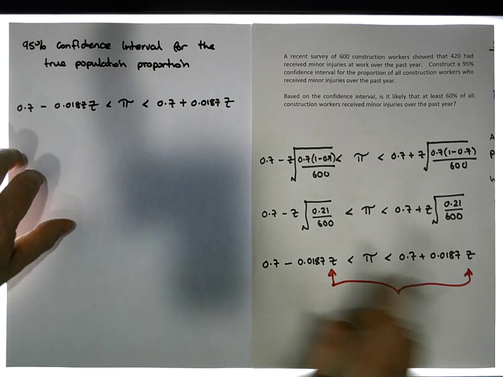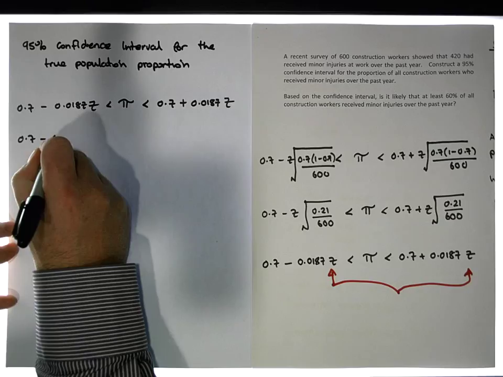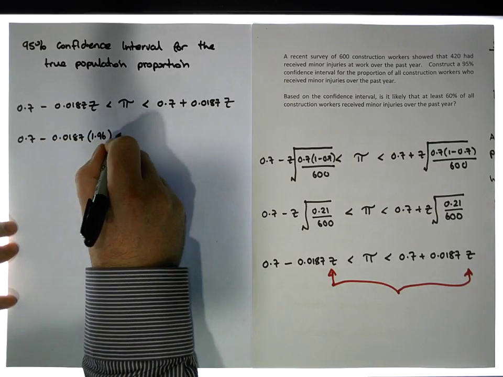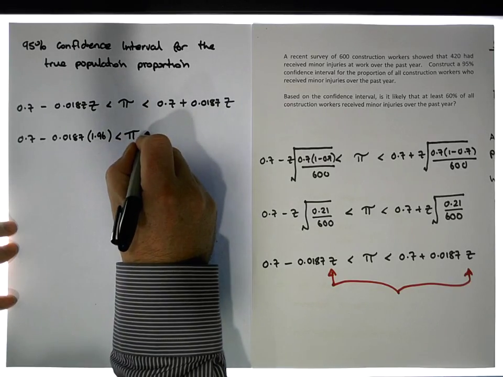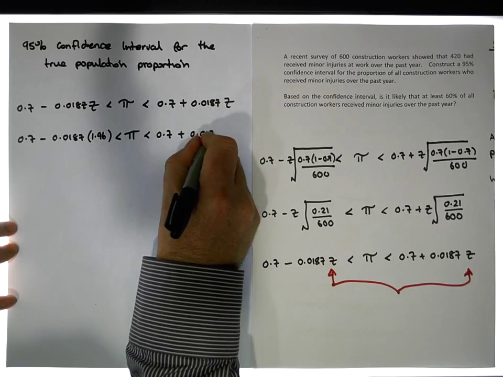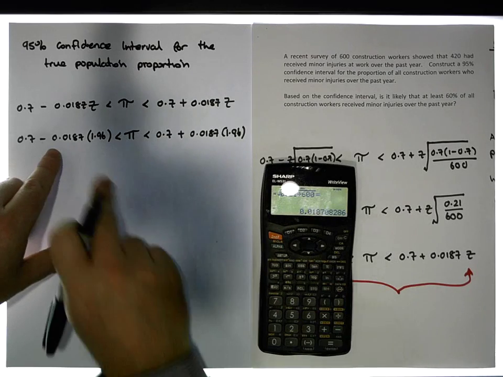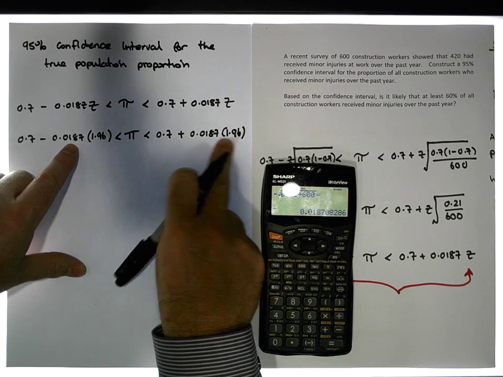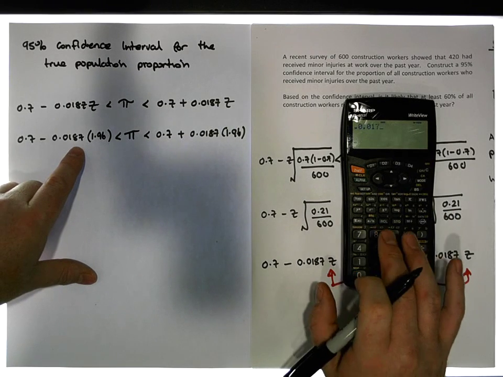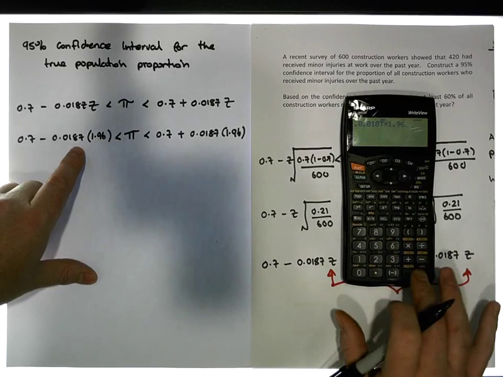Now we've just figured our z score to be 1.96, so this becomes 0.7 minus 0.0187 times 1.96 must be less than pi, our true population proportion, which must be less than 0.7 plus 0.0187 times 1.96. Now when we work this out on the calculator, we'll just do this factor here first of all. It's the same in both cases. So it's 0.0187 times 1.96, which gives us a value of approximately